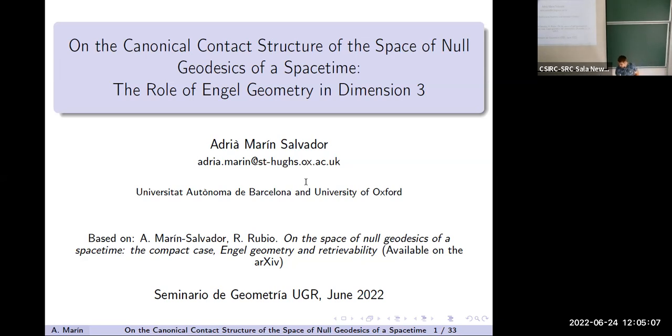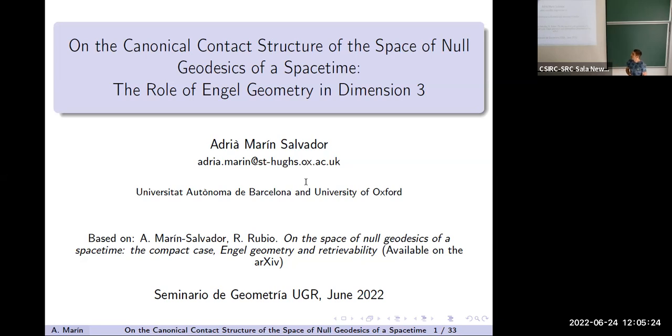So as he mentioned, I'm going to be talking about the canonical contact structure in the space of null geodesics of the spacetime, and we will talk about how Engel geometry plays a role in this theory. All of what I'm going to talk about today is joint work with Rubio, which you can find in this